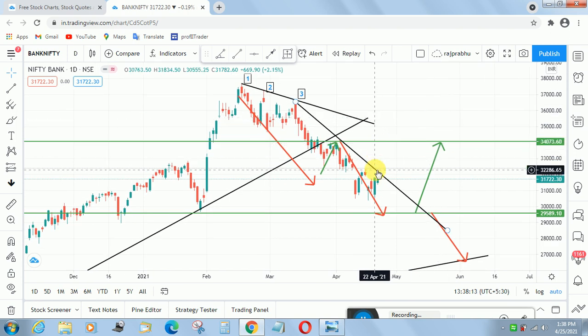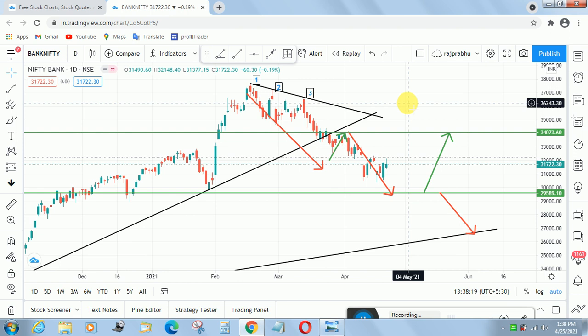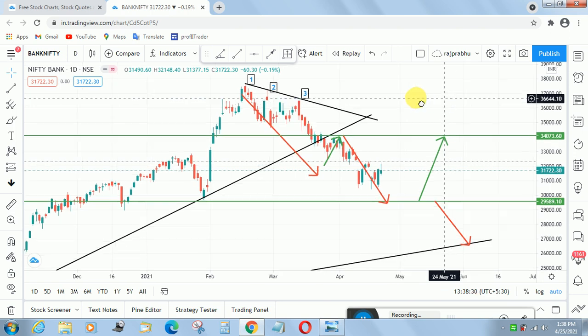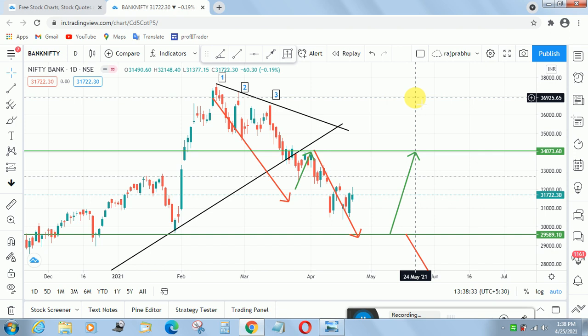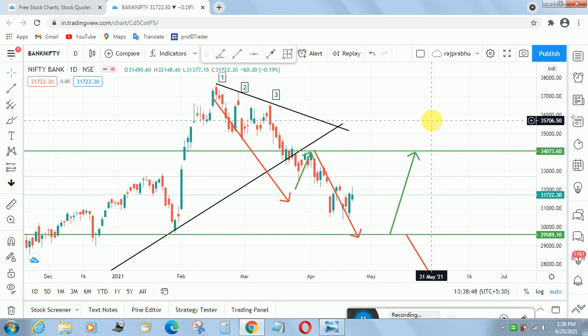Very simple. Trend lines are very helpful in day trading and investing also. Beginners, you can check this trend line and practice more, do more practice, you will get some idea. It's a very simple technique to find market direction, market structure, everything. You can make good profit in breakout and retest. This technique will help you to gain more profit in intraday trading and positional also and investing also.